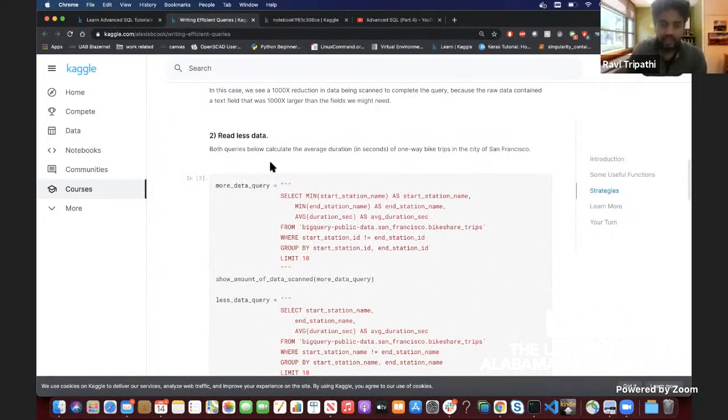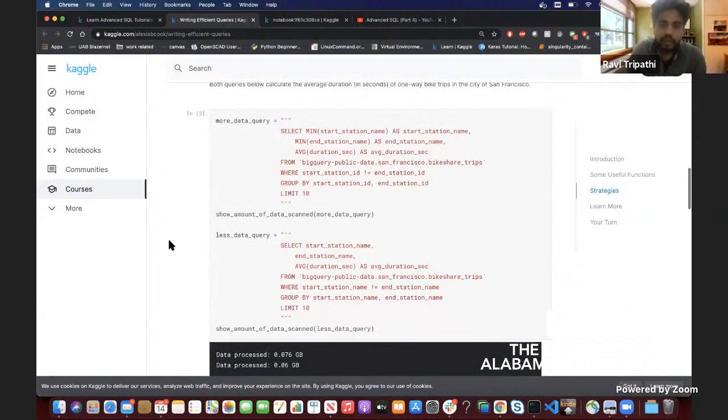Read less data. Both queries below calculate the average duration in seconds of one-way bike trips to the city of San Francisco. In the more data query, select minimum of start station time, min of end station time, average of duration second from this table. And in the less data query, you are selecting start station time, end station time, average duration second as average duration second, where